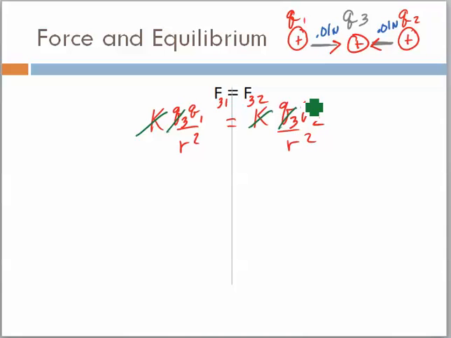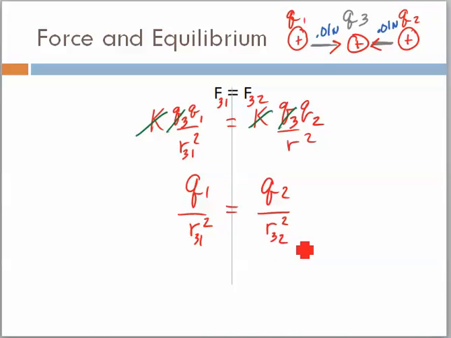It's going to cancel out here. What does that leave me with then? Well, that leaves me with, and this isn't always the case, the charge on 1 over this distance squared, and that would be the distance from 3 to 1, is equal to the charge on the second one